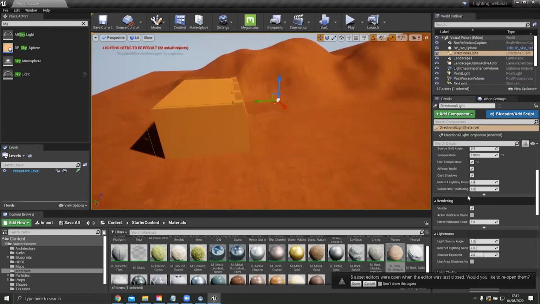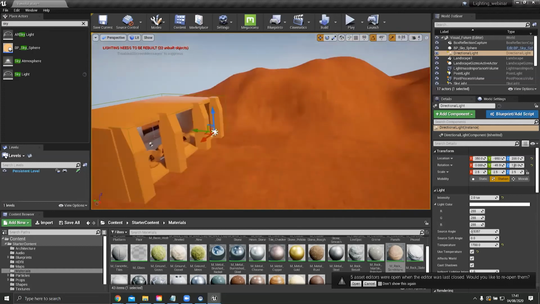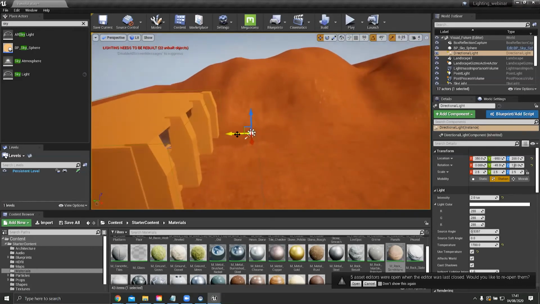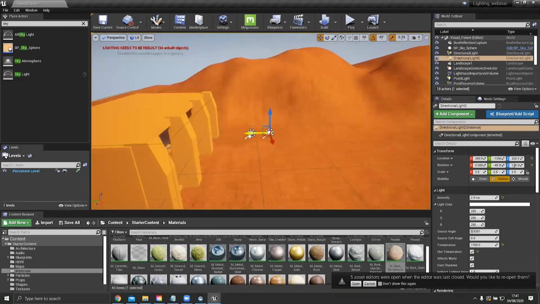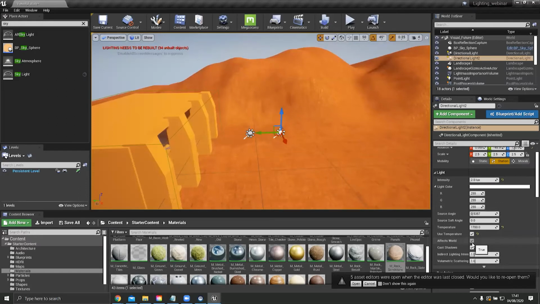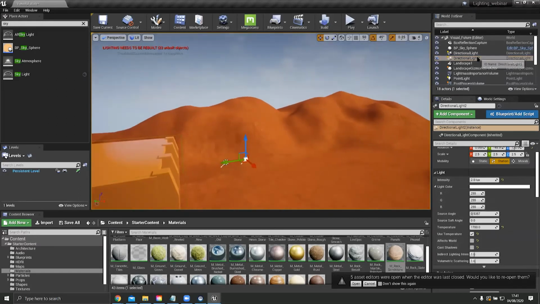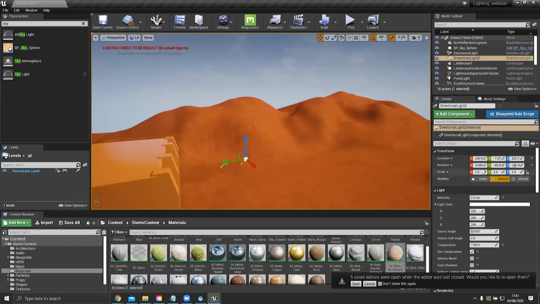I could go in and edit the look of the clouds and things like that and bring some more orange in. Or I could have 2 directional lights. So let's say I press Alt and drag, and I leave this one doing the shadows over here. I say to this one, turn off effects world and cast shadows. But I link this one, which I'll rename just so I don't get confused, to